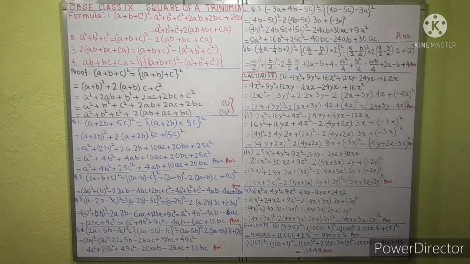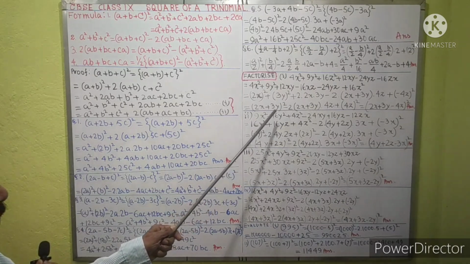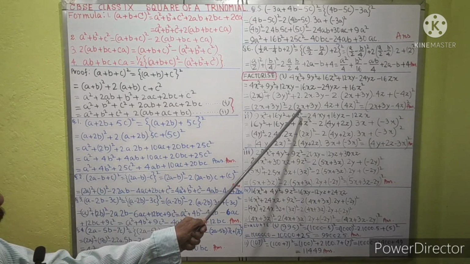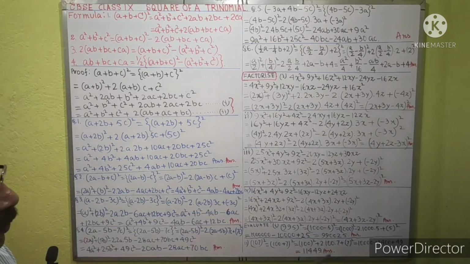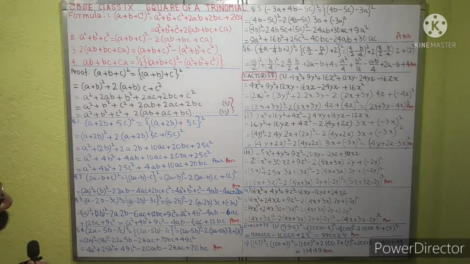This is actually the first term. This is 2x plus 3y plus 2x into 3y. This is (a minus b), (a plus b) whole square, and this is a square minus 2 into a into b plus b square. So it is (a minus b) whole square. This is the answer. You can write (2x plus 3y minus 4z) twice because it has got a square on it. As it has got a square, you can write the term twice.